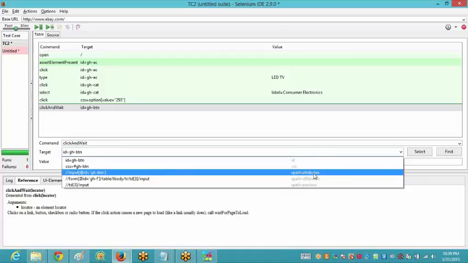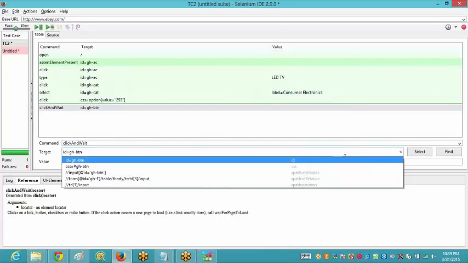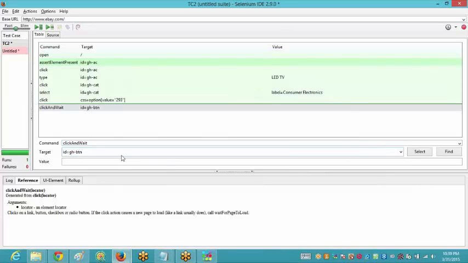But this is what I wanted to show you, that if you are recording the steps, then whatever script is getting generated over here would be taking up all the locators which are present related to that particular button or text box or whatever you have clicked upon.